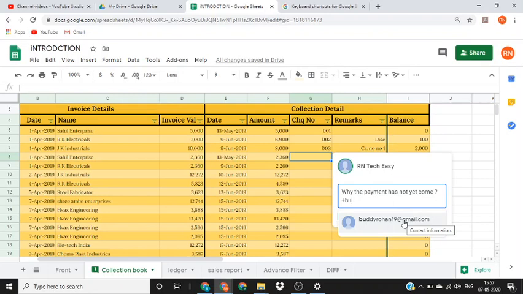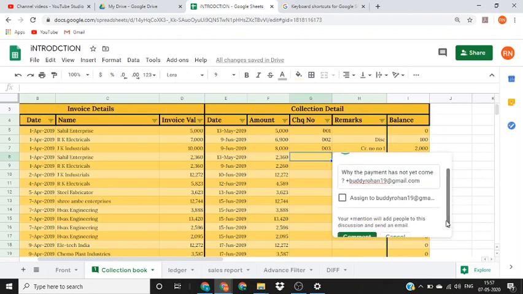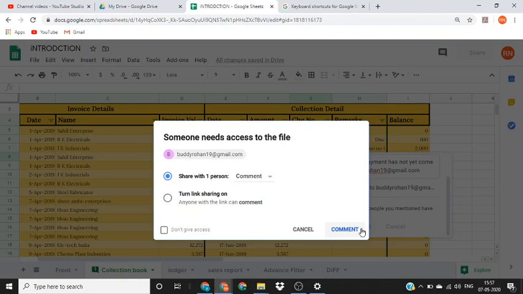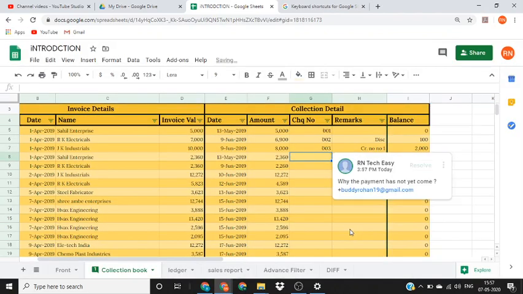So if I say plus Buddy Rohan 19 and comment. Now what this will do, this will send a notification to Buddy Rohan 19 that a comment has been marked on your name in this particular sheet. So once you have marked the comment, you need not again call him and ask him to reply on that comment. He will automatically get a notification of that comment.